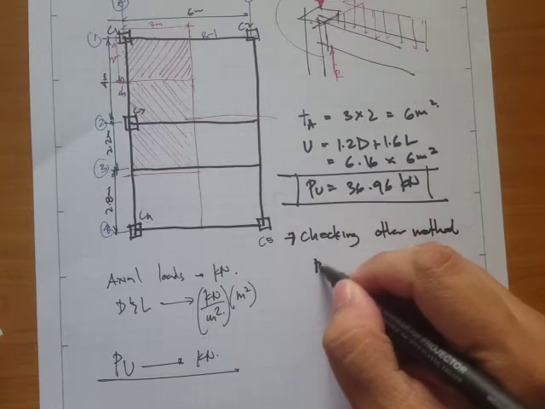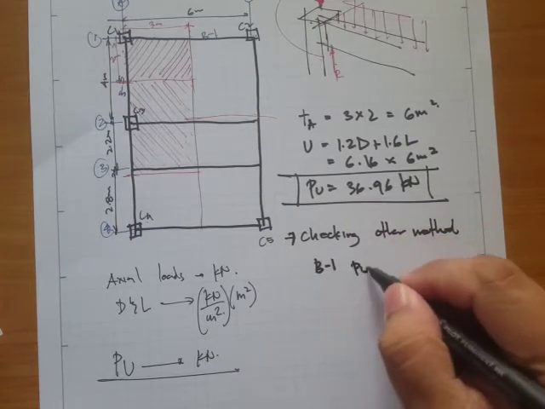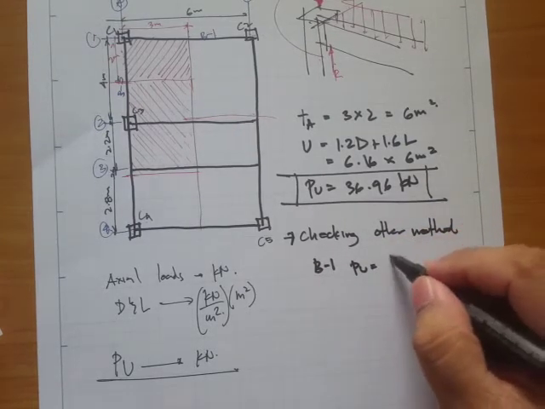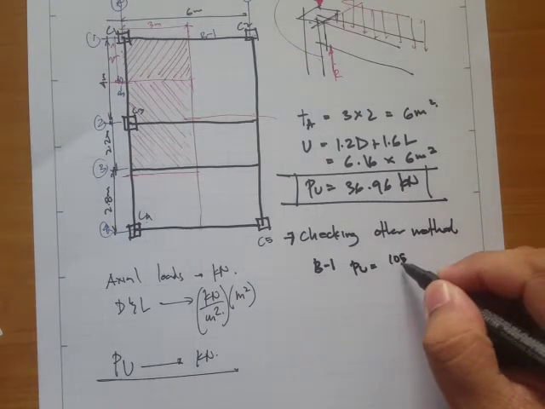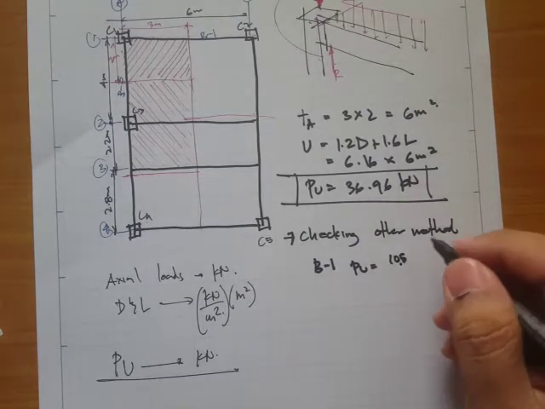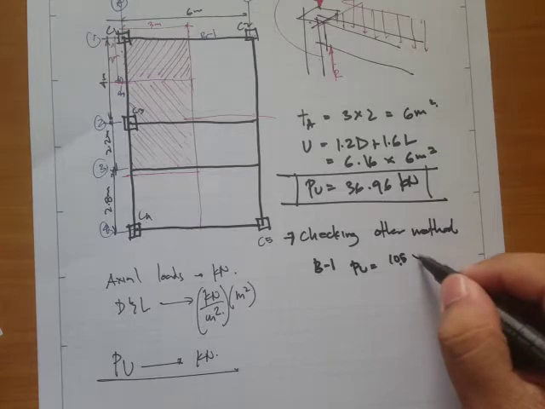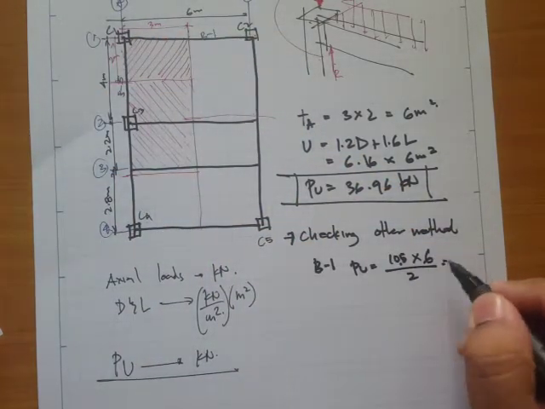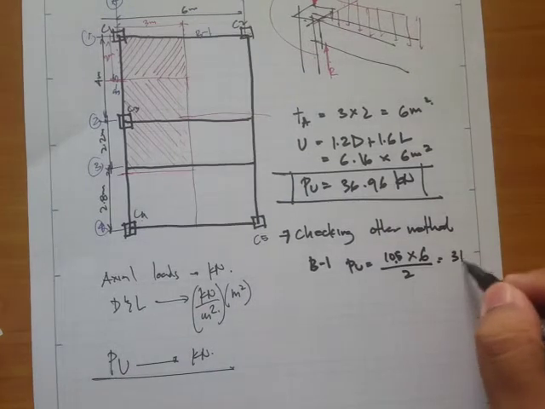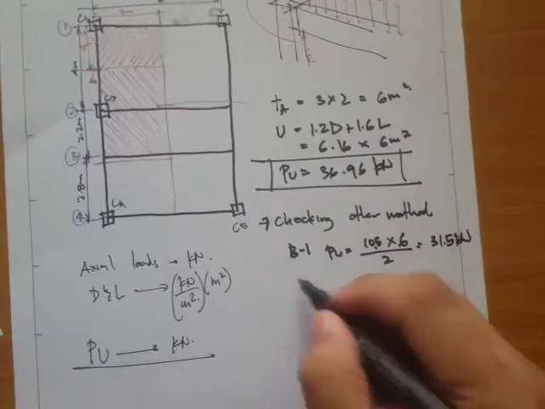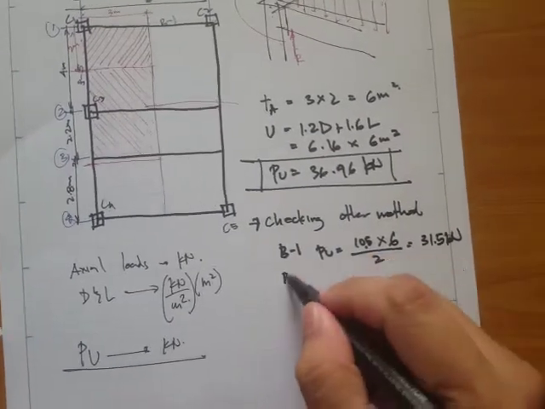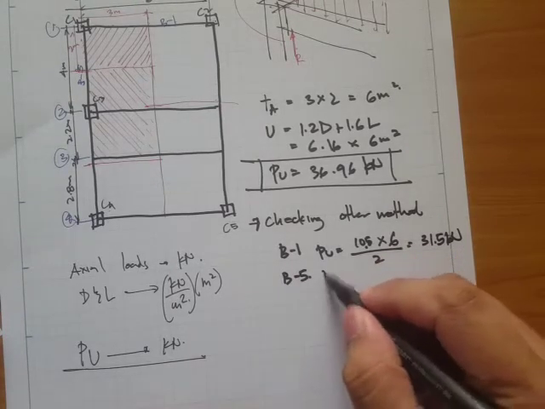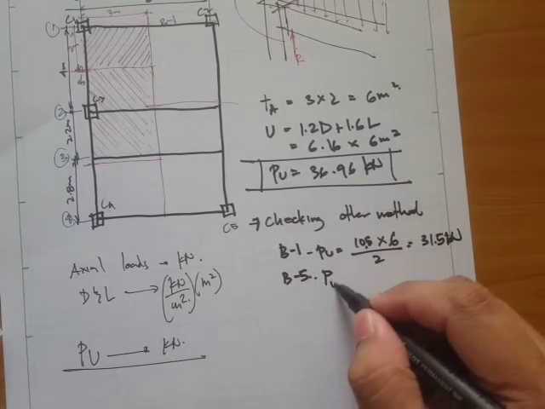Okay, so from B-1, what we get is 10.5 WL all over 2, times the length, which is 6, divided by 2. We get a value of 31.5 kilonewton. And for